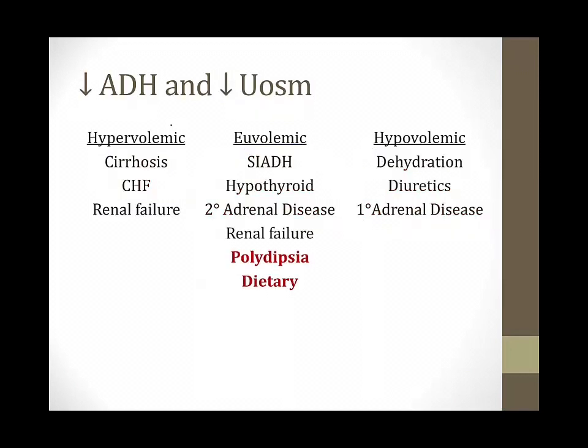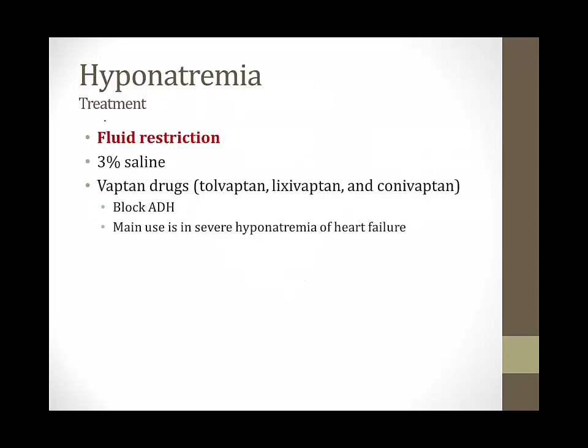There are just two disorders where the ADH level is low and the urinary osmolality is low. That's polydipsia and the dietary causes. In both of these situations, the kidneys are responding appropriately. They just cannot excrete the free water adequately. And then finally, renal failure is very unusual in that the ADH level is low, but the kidneys are unable to respond by diluting the urine, and thus the urinary osmolality is high. We talked before